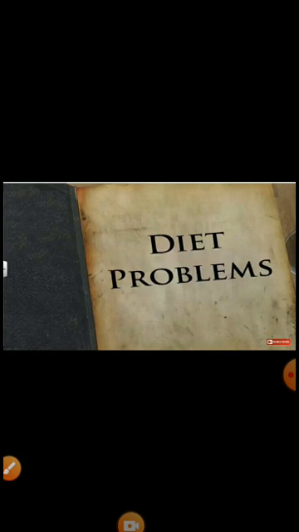Okay, the same thing. Now today we are going to deal with the second type of LPP word problems, that is diet problems. Now, in diet problems, what we are going to do is we have to determine the amount of different kinds of nutrients and the constituents that should be included in a diet, such that the cost of the diet is the minimum. That means here my objective function will be the cost of the diet.